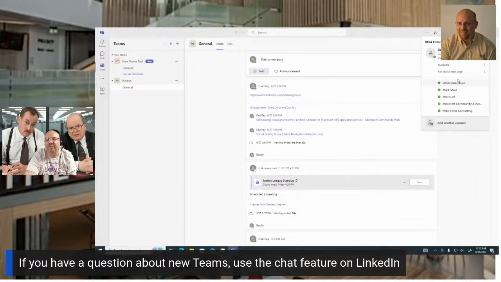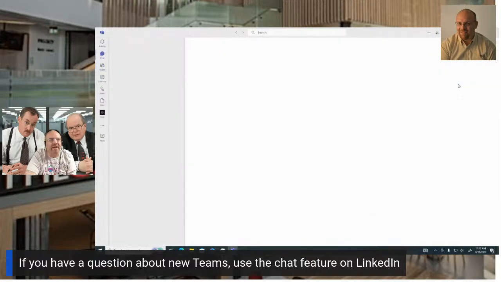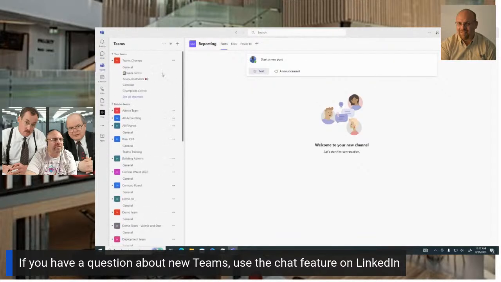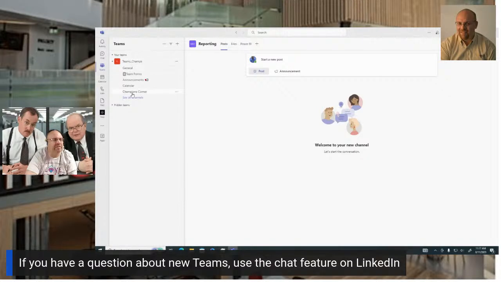So I get cross tenant notifications, so I don't have to pop between the two to see conversations that are happening. Teams information from multiple tenants. I'm actually logged into my Mac with the new client as well, which I believe is still a limited release. But if I'm in that tenant and I go to our Teams test and I put a post up here,